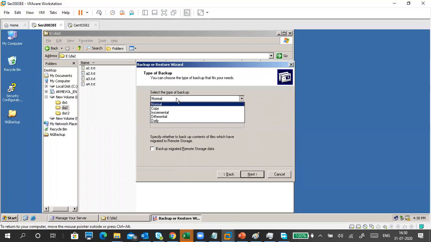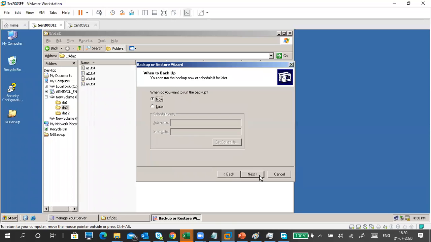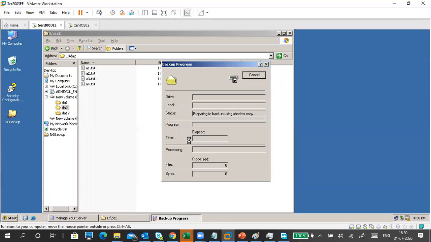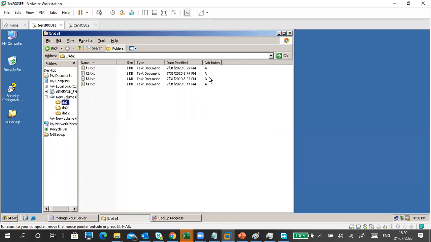Advanced, select copy backup. What it does is it does not mark as a backup file. It will take the backup, but it won't mark as a backup file. Okay, if in case you want to try this one also, you can try like this. Why is it archive? Oh, it is restore, right? Because of restore, archive attribute is there.